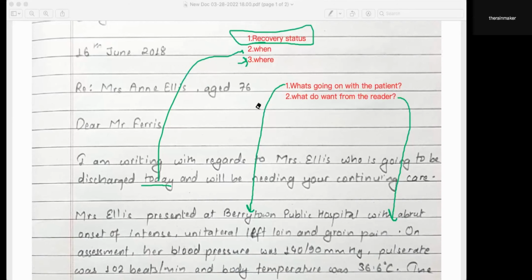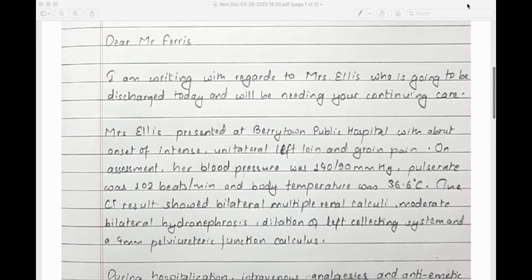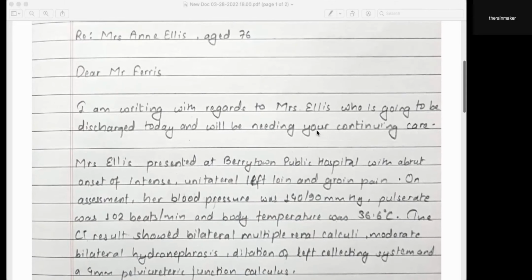So what made you believe the patient is fit for discharge? Let's see what you've done in the letter. Your letter's intro doesn't have any power. It doesn't have the necessary ingredient. "Mrs. Ellis presented at this hospital with"